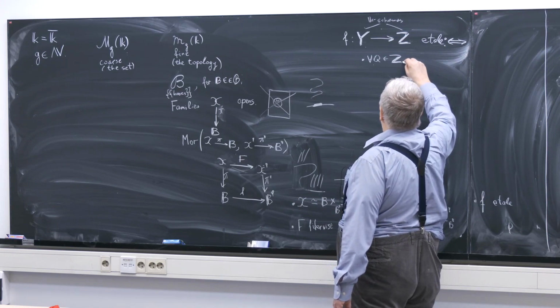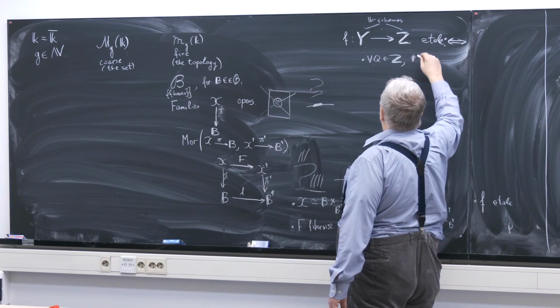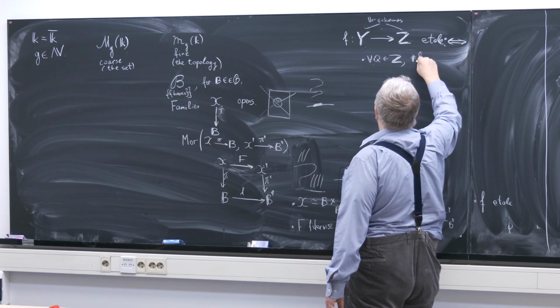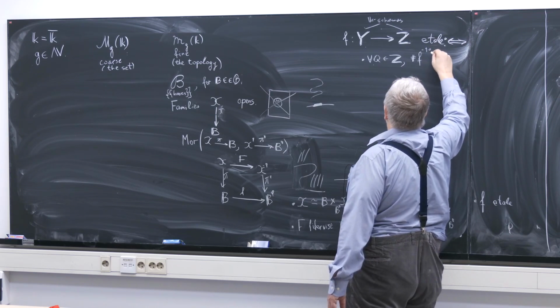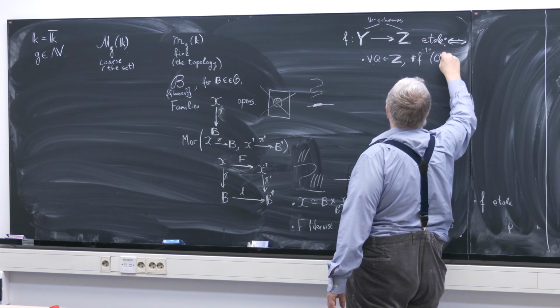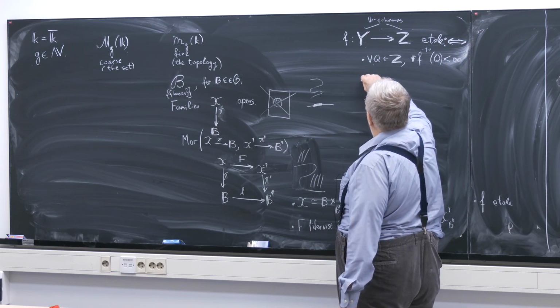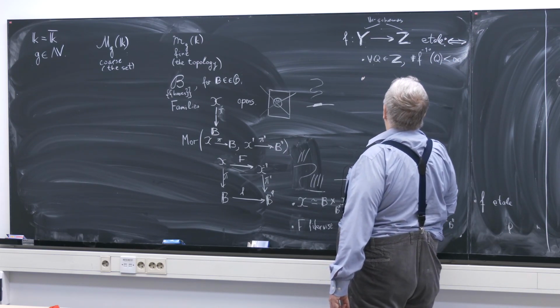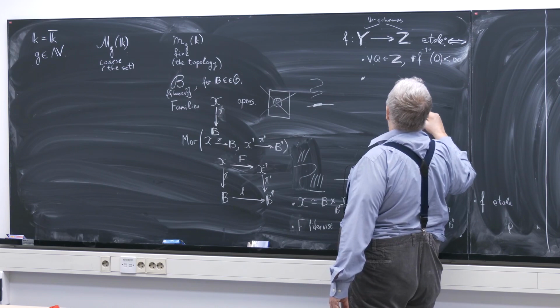So for any q of z, scheme theoretically or just set theoretically, the pre-image is finite, and so